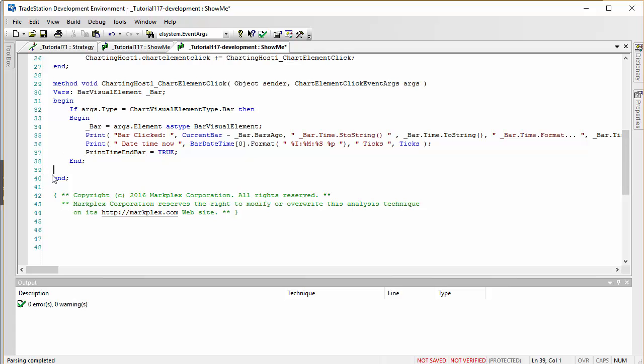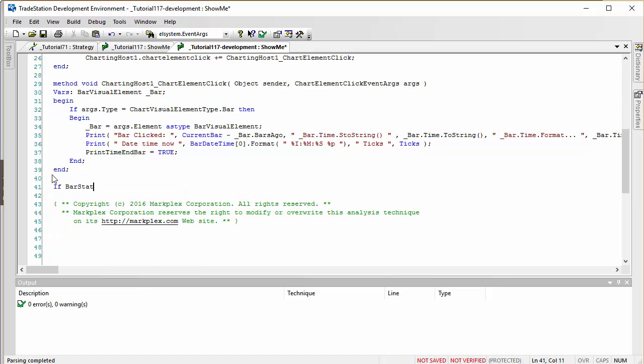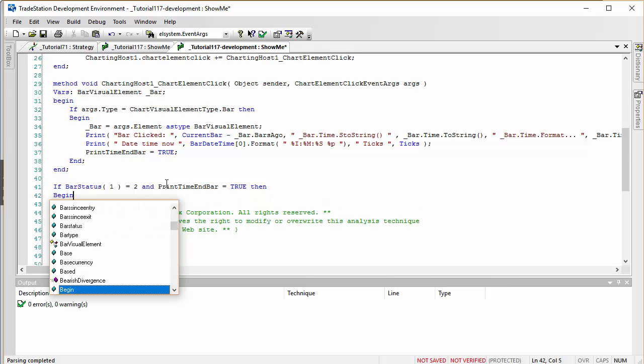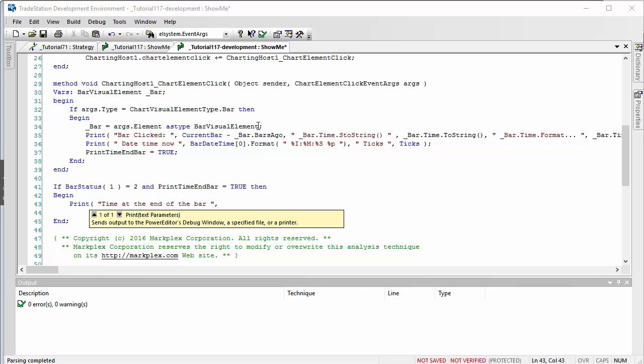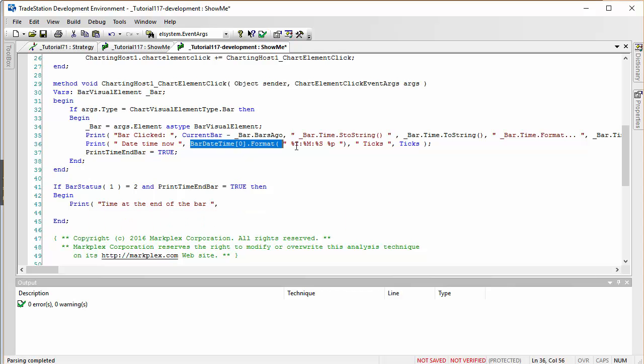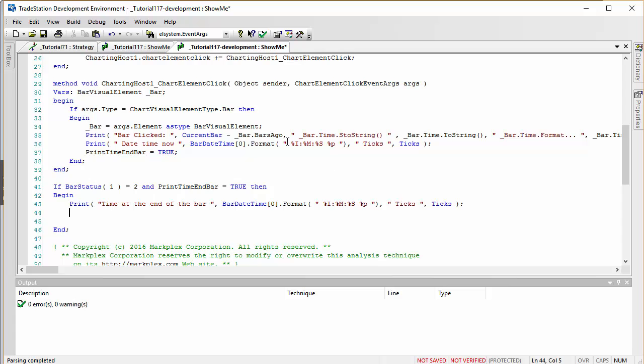And then what we're going to do at the end of the bar, and we know when the end of the bar is because we say if bar status 1 equals 2 then begin. So we need to print the time at the end of the bar like so, and we're going to use something very similar to this, or in fact something exactly the same as that, and we can even include our ticks just so that we really know it is the end of the bar. And then what we mustn't forget to do is just set the print time end bar to be false